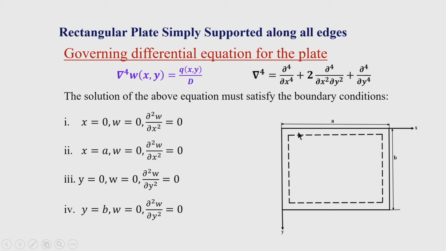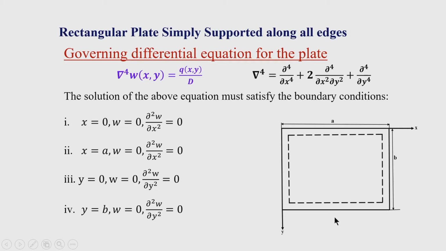If we go to the other two edges, say the y is equal to 0 edge, here w is 0, and similarly we get del square w by del y square is 0, because the edge is supported all along the edge which is parallel to the x axis. So there cannot be any curvature along the x axis. Therefore, the term that exists in the boundary bending moment equation is del square w by del y square. It is 0 because the bending moment is 0; this edge permits rotation because it is simply supported.